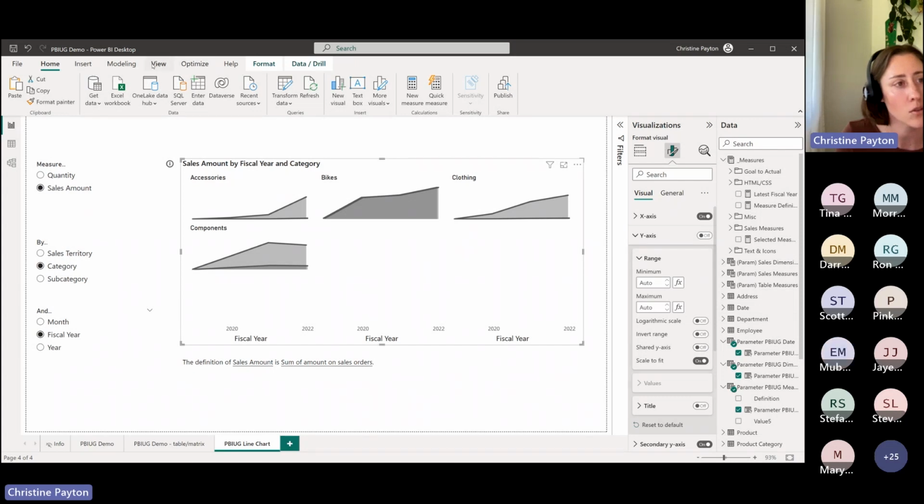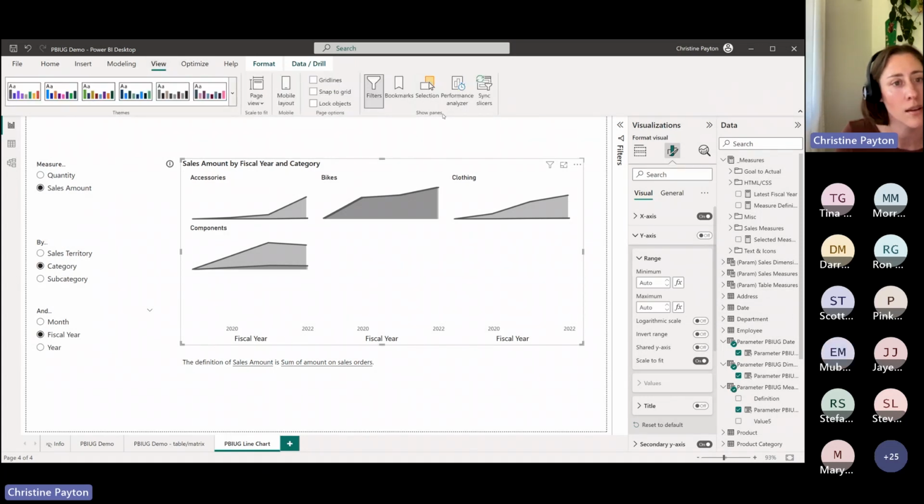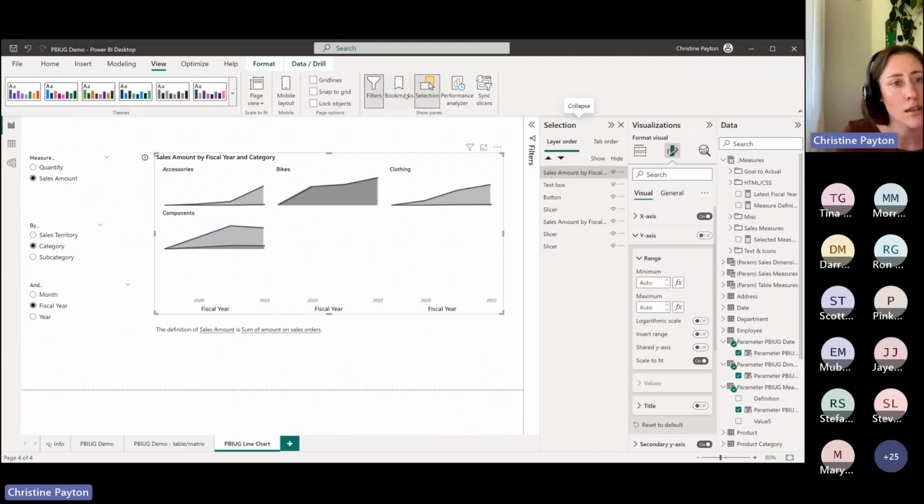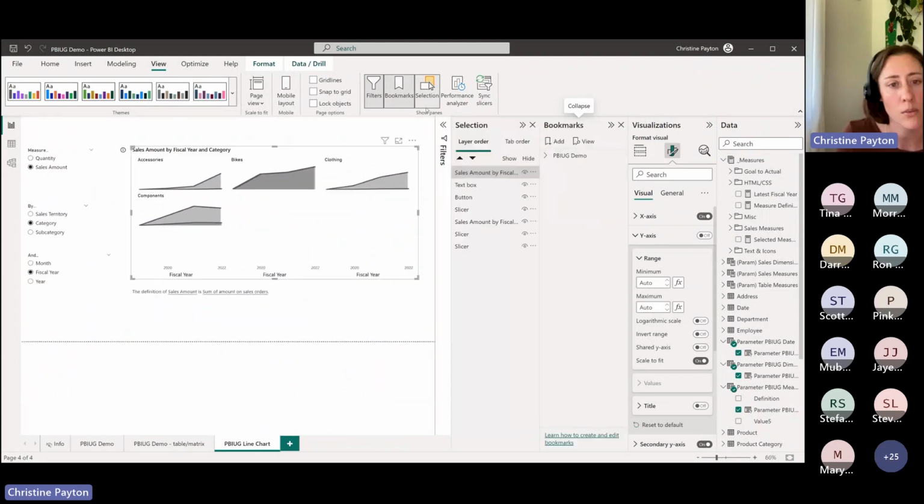So I'm going to go to the view menu up here and selection and bookmarks. I'm going to turn both of those on because we need both of them to set up our bookmark. So I'm going to add a bookmark here. And this bookmark we are going to rename to